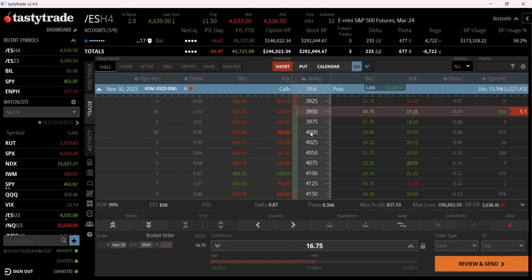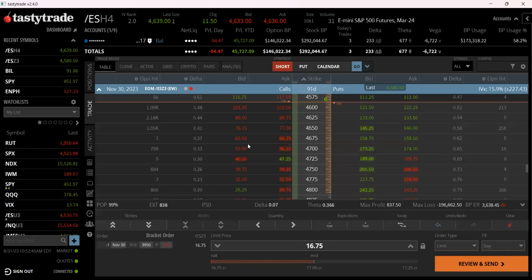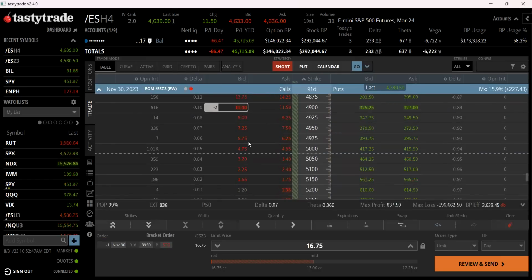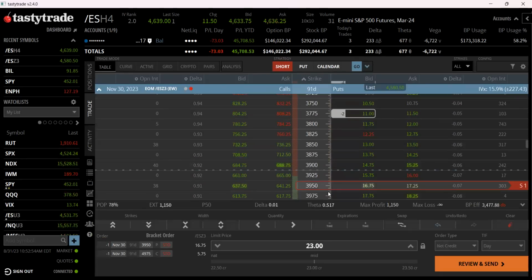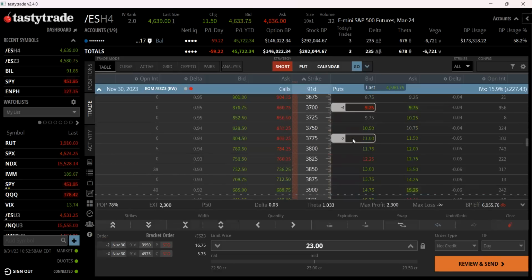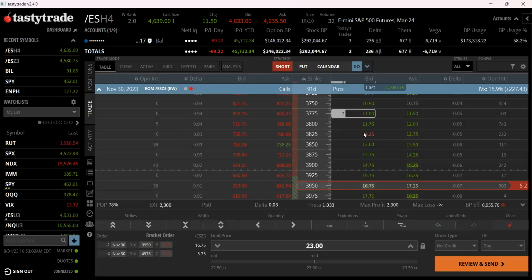Decent open interest there. So we're going to sell the 39.50, and we're going to go up to about the 6 delta here. So if we look at this trade, how close to existing positions are we when we look at this? We've already got positions working around 37.75, but we're well over 50 points away